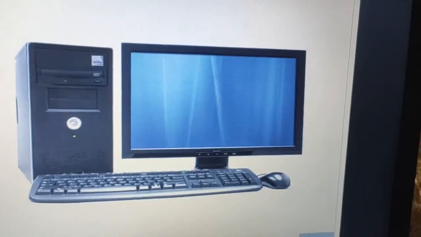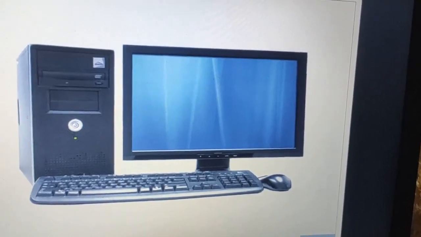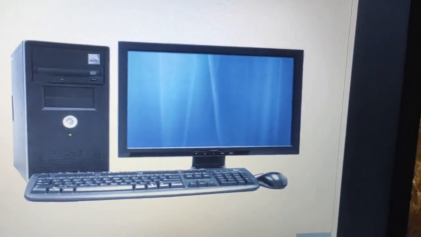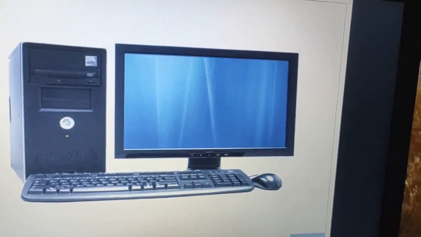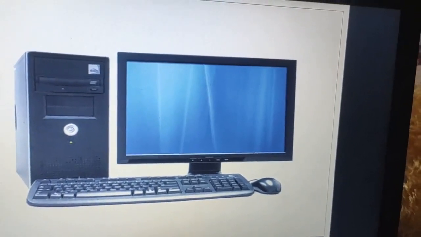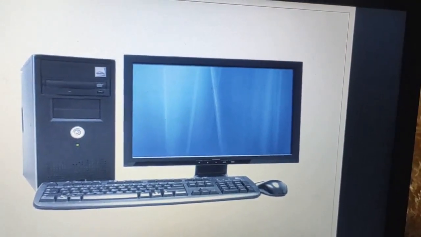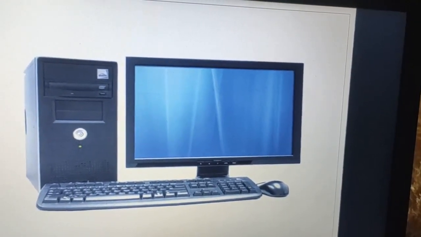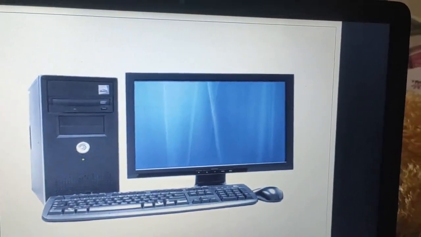Dear children, we have studied about this picture in our previous class. This is a desktop computer. Yes dear children, let me ask you one question. Suppose, think for a while, your mother is going to take you for shopping.